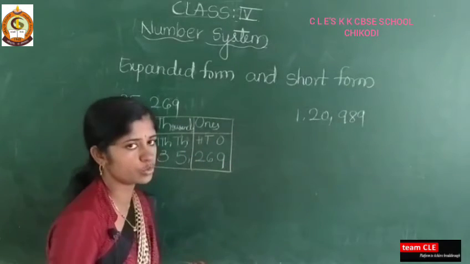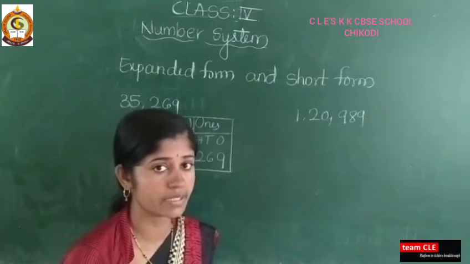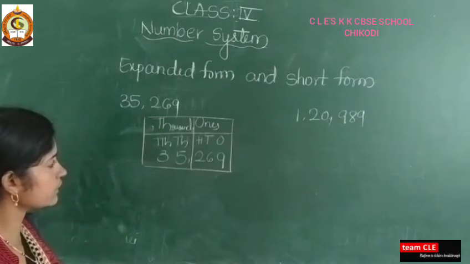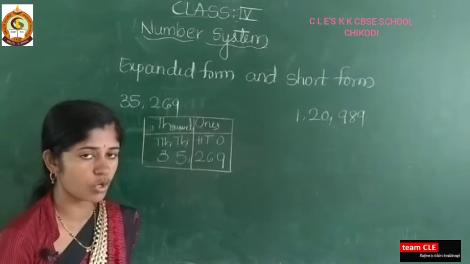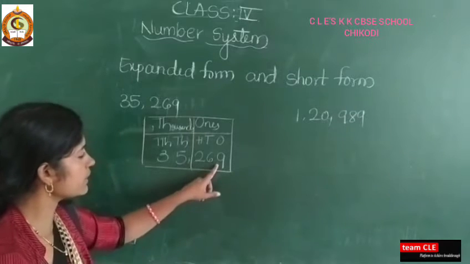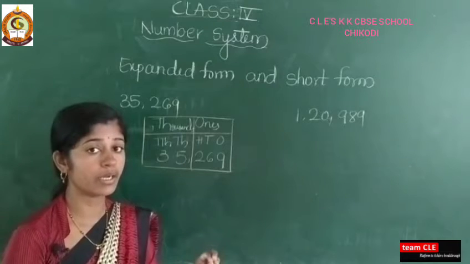Here there are two systems, which you will learn in the next class, when you are in class 5. So just keep this in your mind. First you have to know the place values. Already you know, but I will revise in 1 minute. Place value means it is the position of the digit. Face value means the number itself.